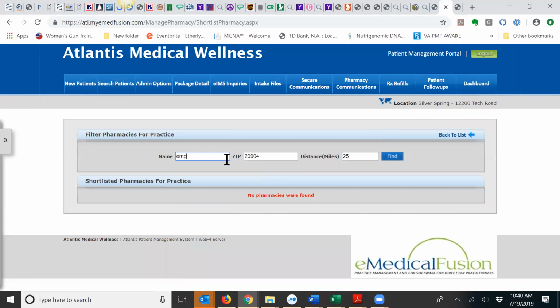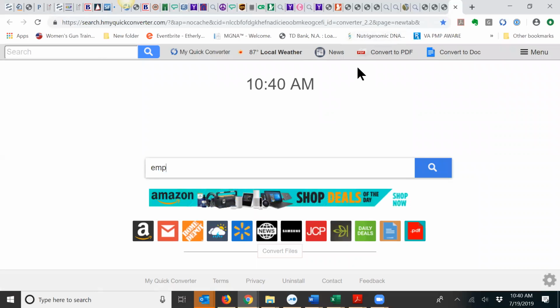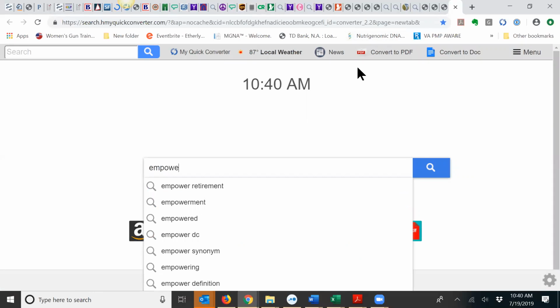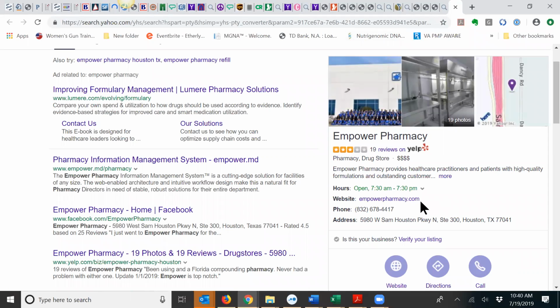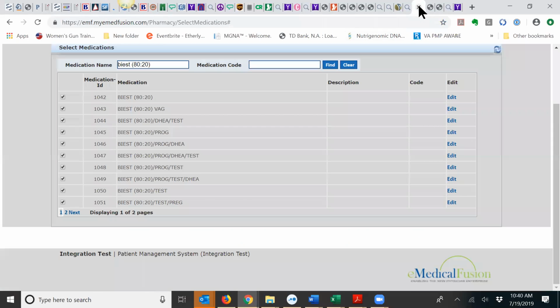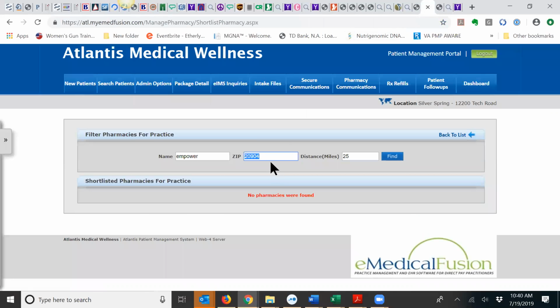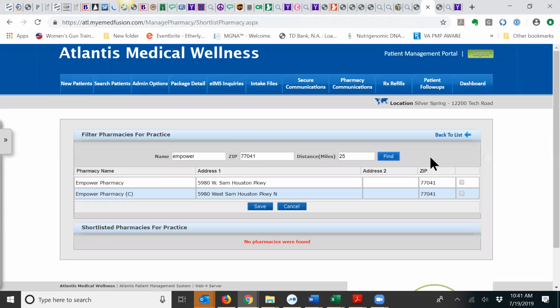I'm going to find Empower, and I don't remember the zip code. It's 77041. Okay, so the pharmacy find is all by zip code 77041, and so we'll just go ahead and put a find in. That will find them,